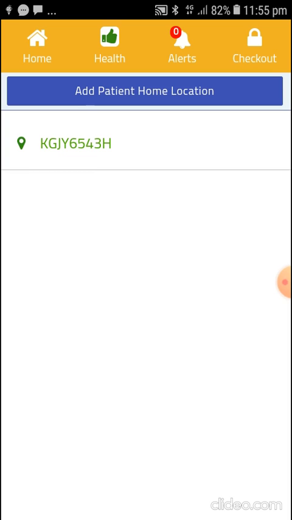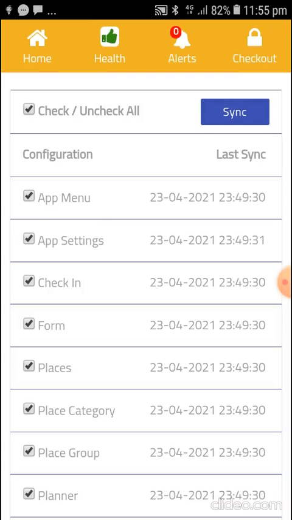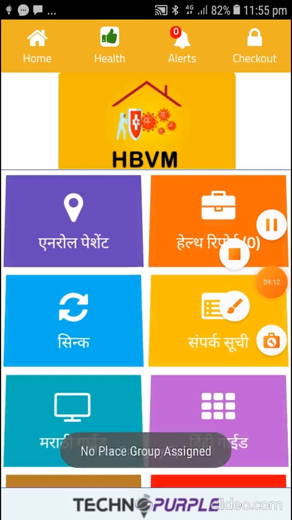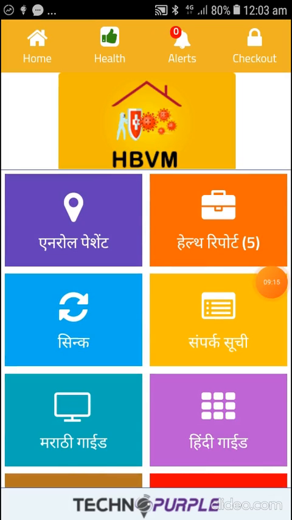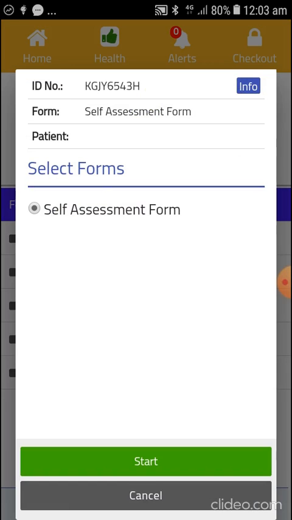Once you enroll into application, some forms will come here in health report. If it is not showing here, you will go to sync button and sync the applications. Once you clicked on sync button in health report, you will be able to see forms. You have to click on health report button. Here you will be able to see self-assessment form by which you are updating your daily health status to